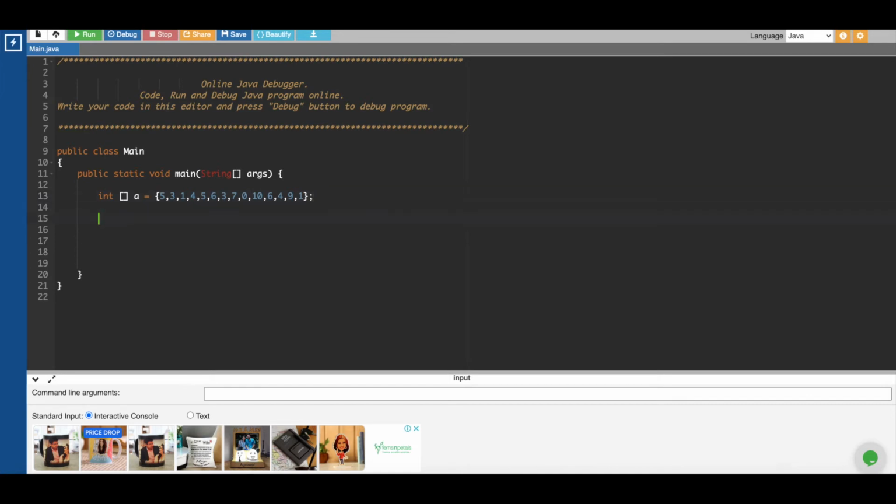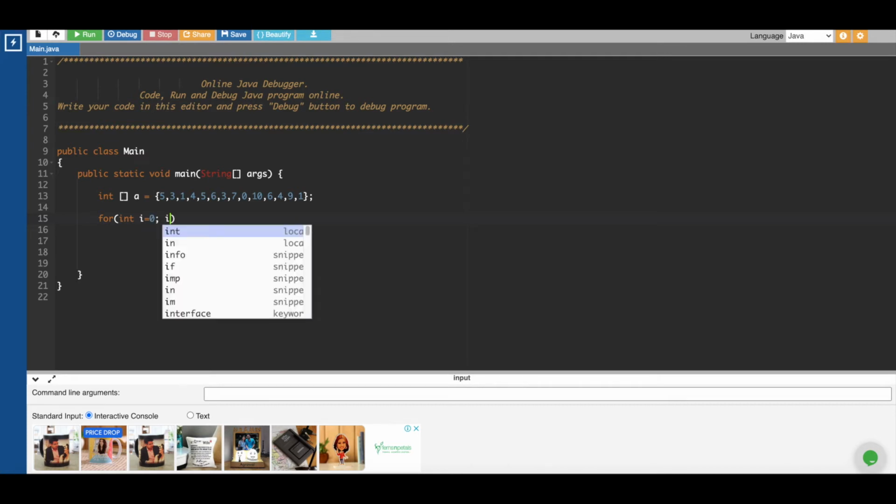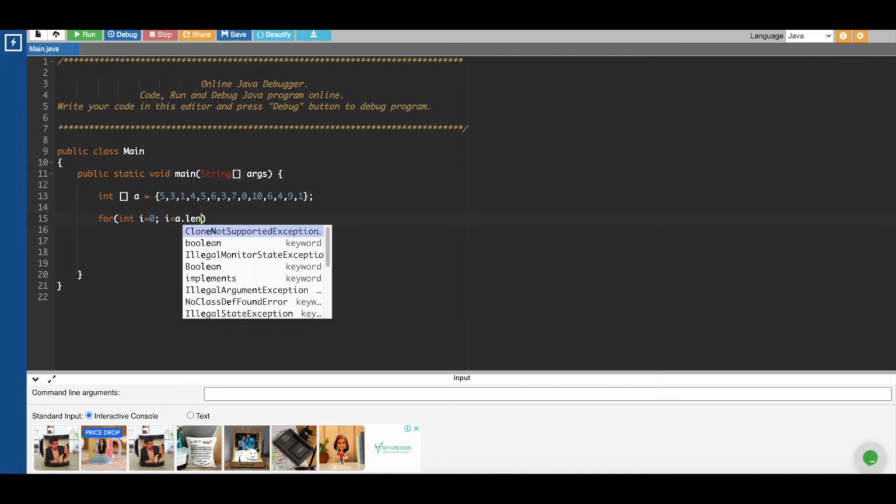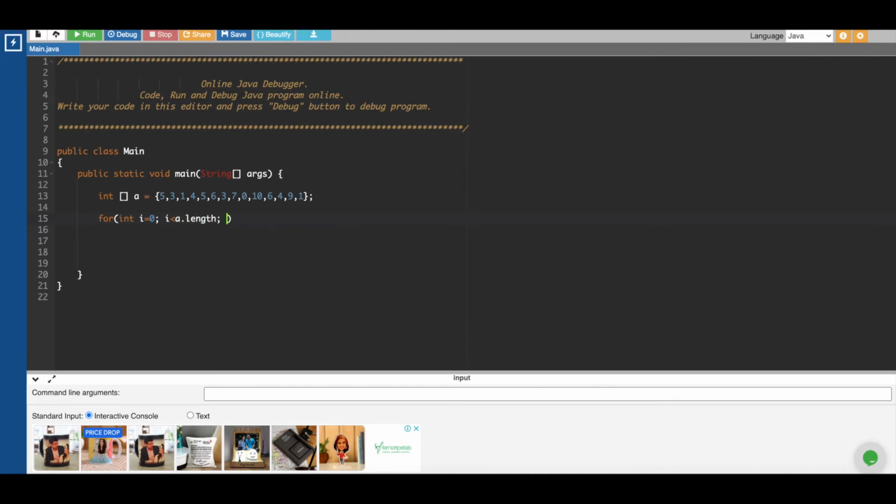So how are we going to achieve that? I'm going to achieve this by adding two for loops, right? Okay, so let's add two for loops here. i < a.length, and i plus plus.